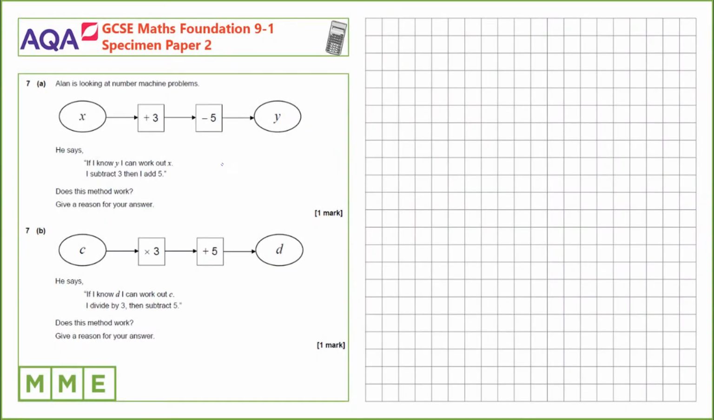Question 7a. Alan is looking at number machine problems. He says, if I know y, I can work out x. I subtract 3 and then I add 5. Does this method work? Normally, if we had y, we'd do the inverse operation here, which would be to add